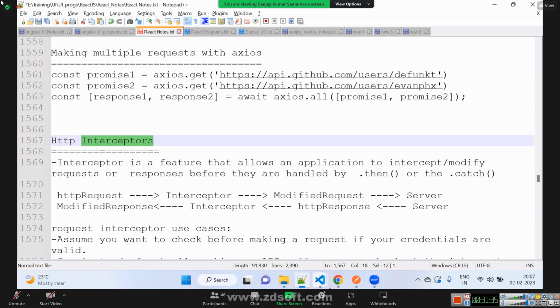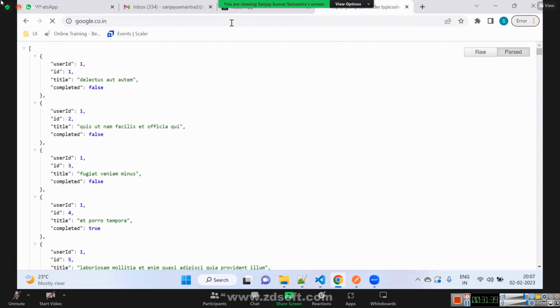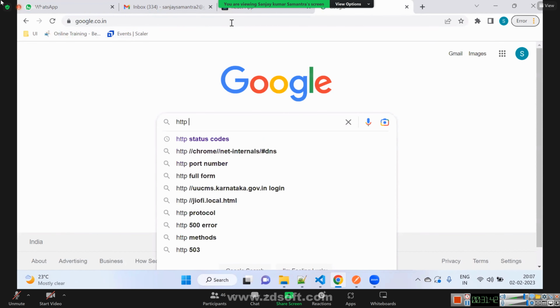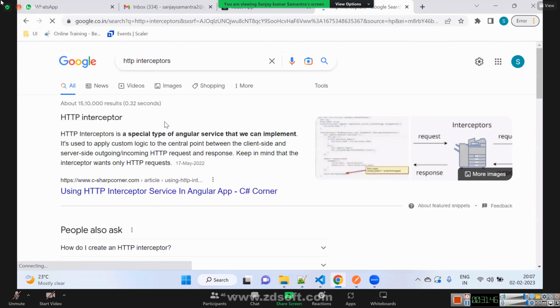First of all, I'll show you one image. HTTP interceptors. What is this?